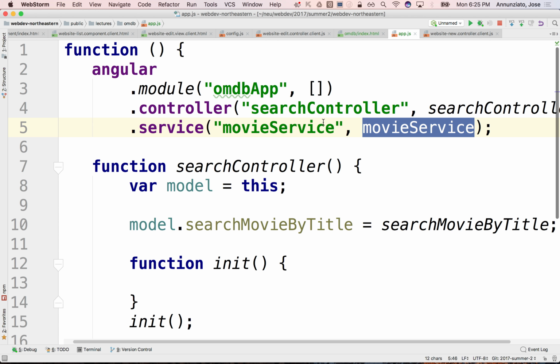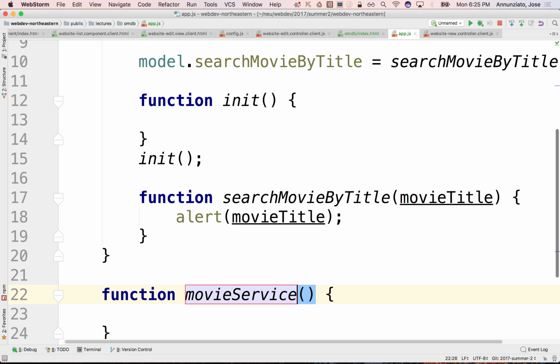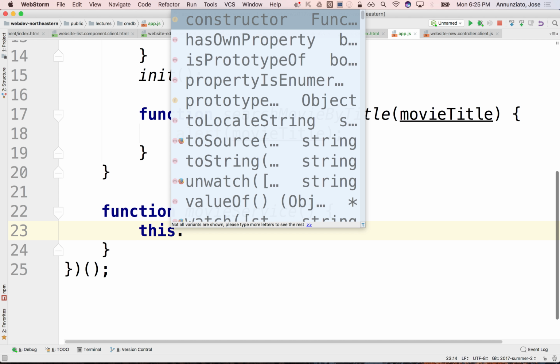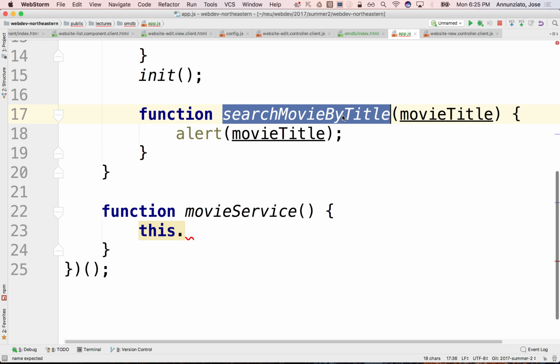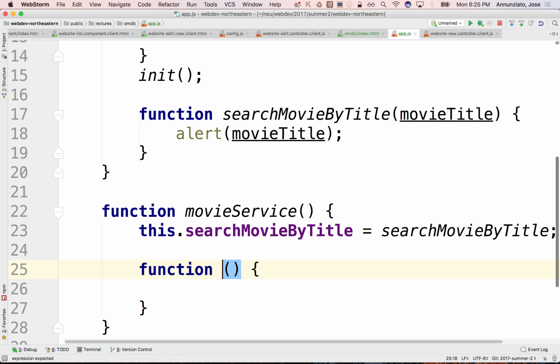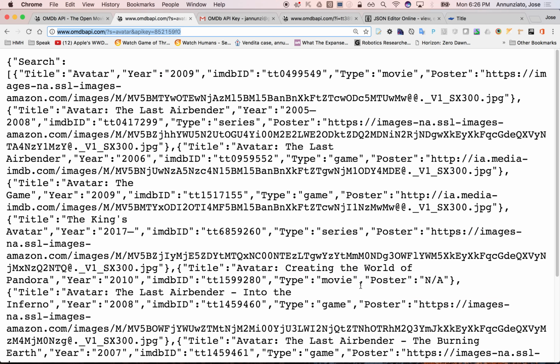Okay, so let's implement this movie service in a function of the same name. So function movie service, there it is. And so let's implement a function that will allow me to search the movie by title. I'll use the same exact name as the controller. So function search movie by title. And this is receiving the movie title. And what I'd like to be able to do here is do the query, generate that query over to the server. And the HTTP query that allows us to do that is